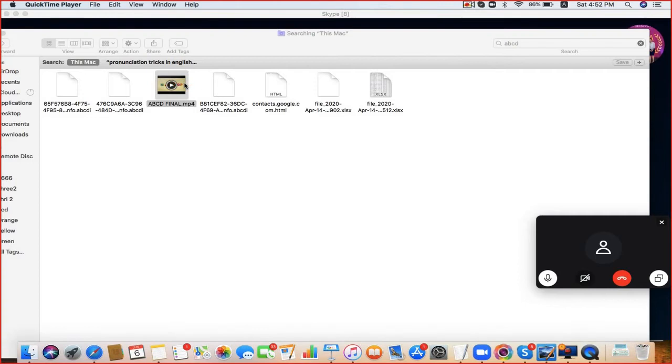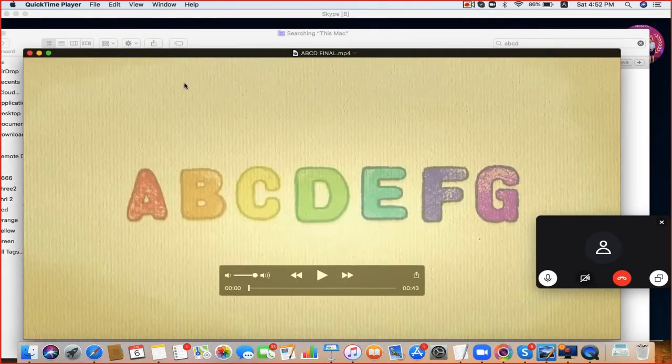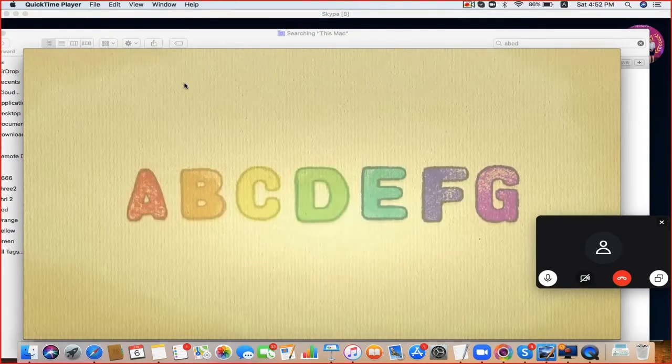First of all, we'll start with the German ABCD. The ABCD sounds, the ABCD letters, we'll see. Just like in English you have the English alphabets, in German you have the German alphabets.